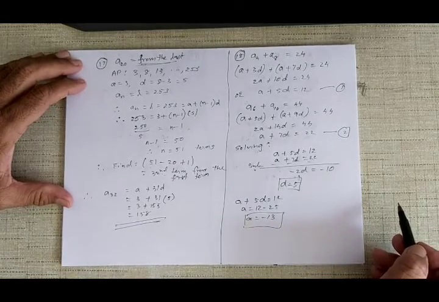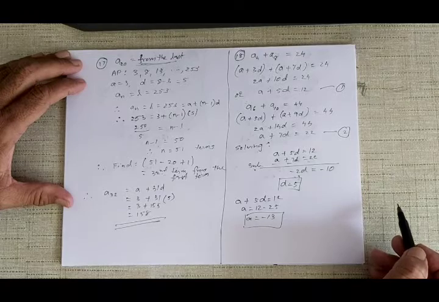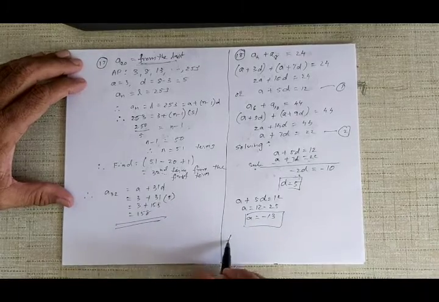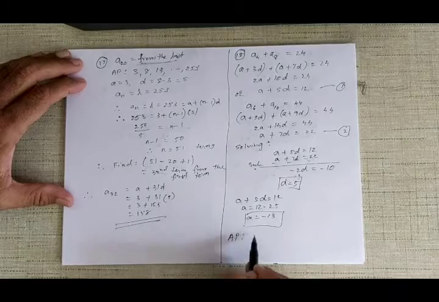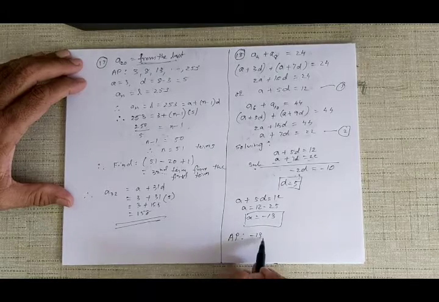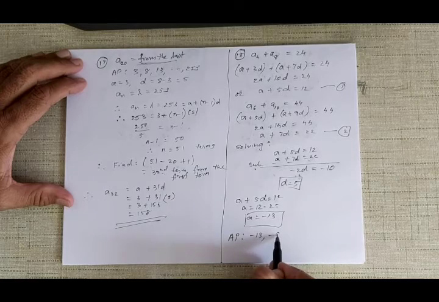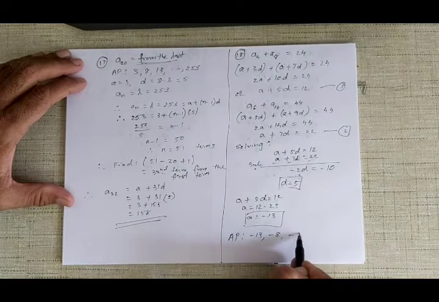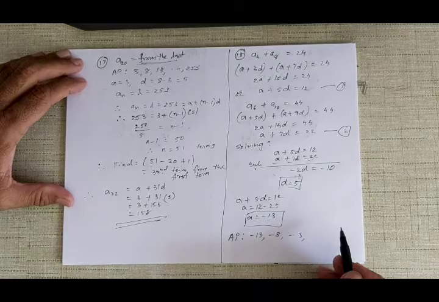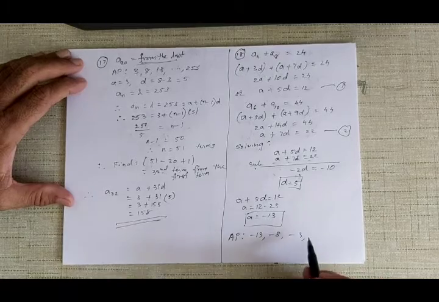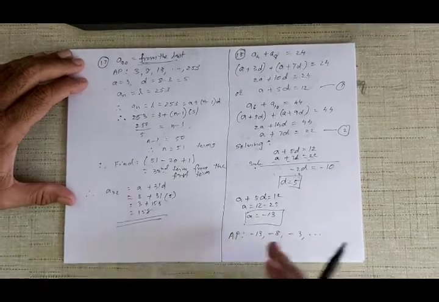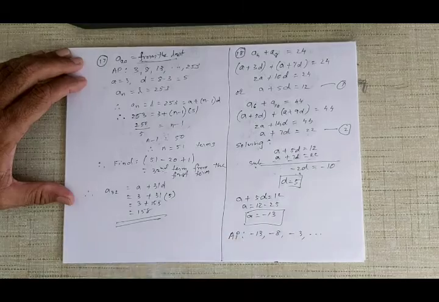Alright. So now you want to find this. Find the first three terms of the AP. इसलिए हमको AP निकालना है. तो फर्स्ट टर्म A क्या होगा? माइनस 13. अब उसमें D की वैल्यू 5 है तो D को ऐड करो. 13 minus 5 is 8, इसमें फिर से ऐड करो, 3 आ जाएगा. So you get minus 13, minus 8, minus 3 and so on. That was number 18. Alright, let's do number 19.